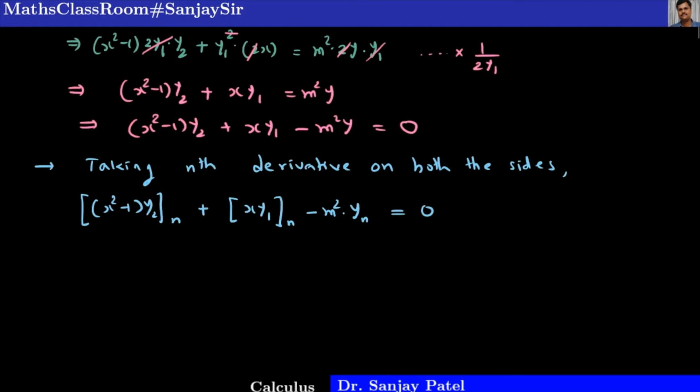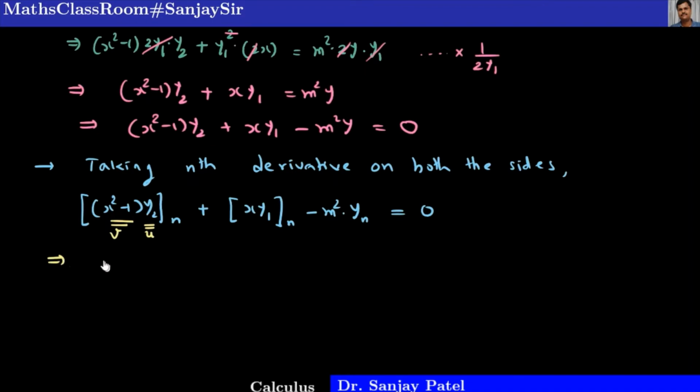So let me write this way. This is one function, this is another function, and in Leibniz theorem, you know, the function whose derivative becomes 0 after a certain stage, that we take as v, and x square minus 1 is a polynomial of degree 2, so third derivative will be 0, so I am taking this as v and the other function as u. So